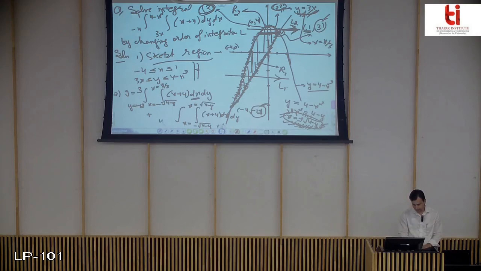And the values of y that enclose this region R2, all the horizontal lines crossing through this region R2, are from 3 to 4, because this point is 0, 4. So y equals 3 to y equals 4. And we can solve this to get the answer as 625 upon 12. So this is the required result for this question that we have solved by changing the limits of integration.